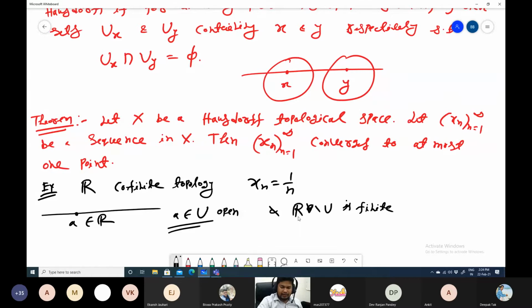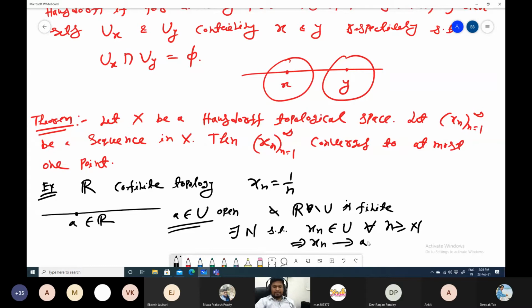And R minus U being finite means that after some stage, there exists a natural number n such that xn belongs to U for all n bigger or equal to n. So xn converges to A. So we are done actually. That means whenever you take the co-finite topology and this sequence, it converges to any